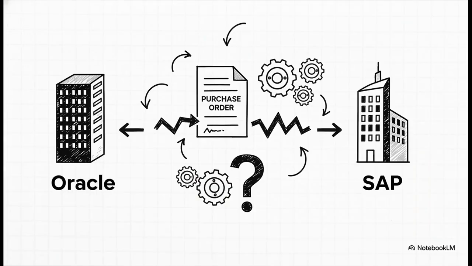I mean, just think about it for a second. Millions of businesses all sending orders, invoices, shipping notices back and forth every single day. How does a company using one system send a purchase order to a supplier using a completely different system? How do they all speak the same digital language instantly without a single person getting involved? Well, that's the puzzle we're going to solve today.